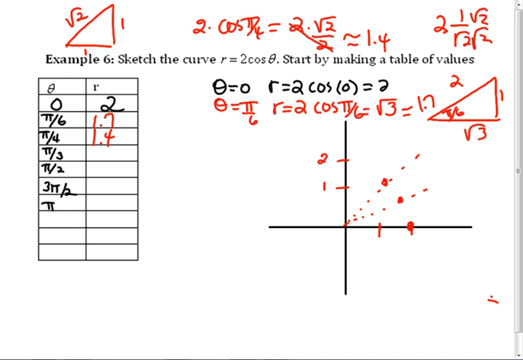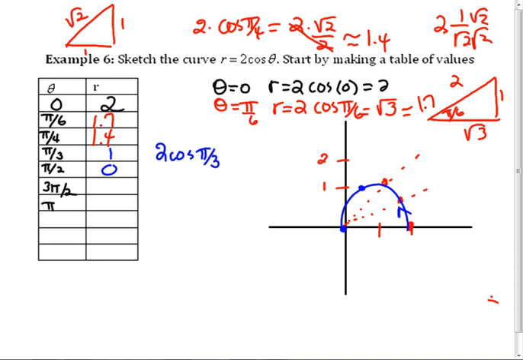What about pi over 3? This is 2 times the cosine of pi over 3. Where is this? Not negative 1. 1. So at pi over 3, which is 60 degrees, I'm going to be at 1. Okay, I'm sorry, my picture's not great. What about pi over 2? Oh, that's 0. That's 0. So now I'm going to be here. If I try to connect the dots as best I can, in the order, the directions that way,